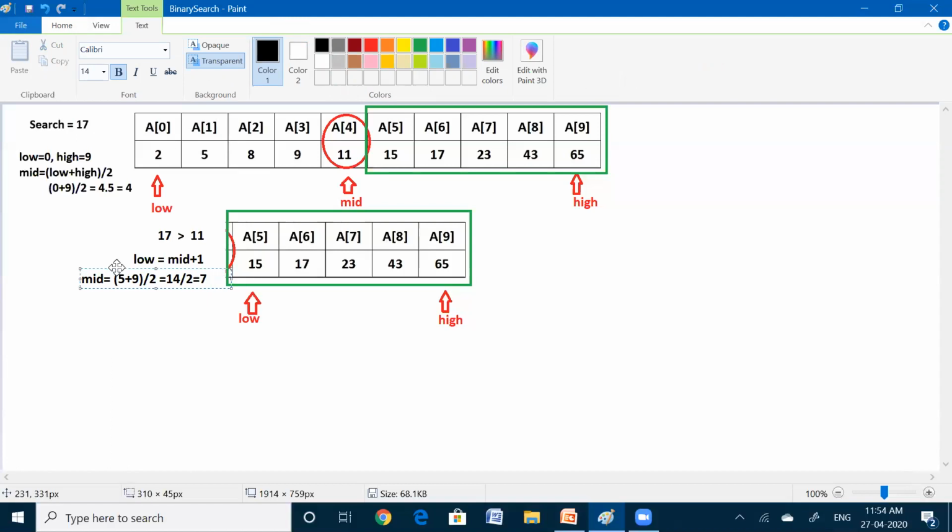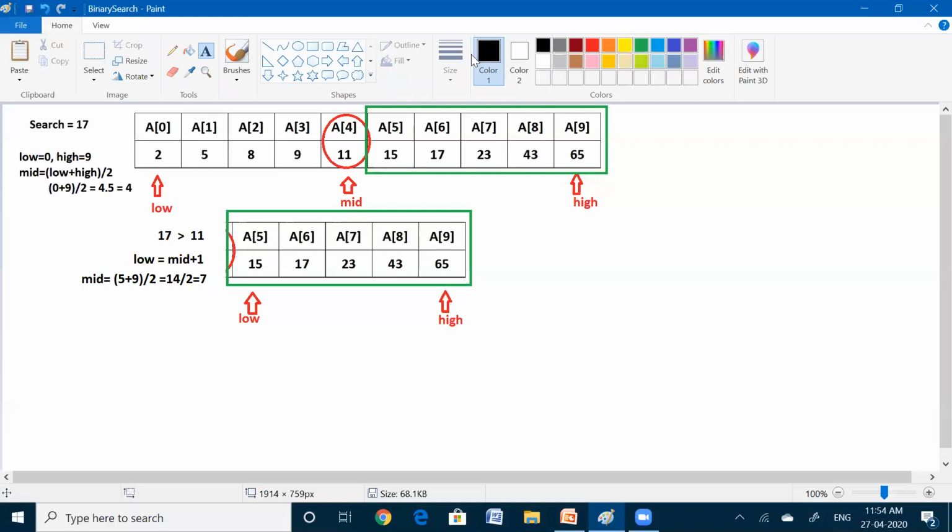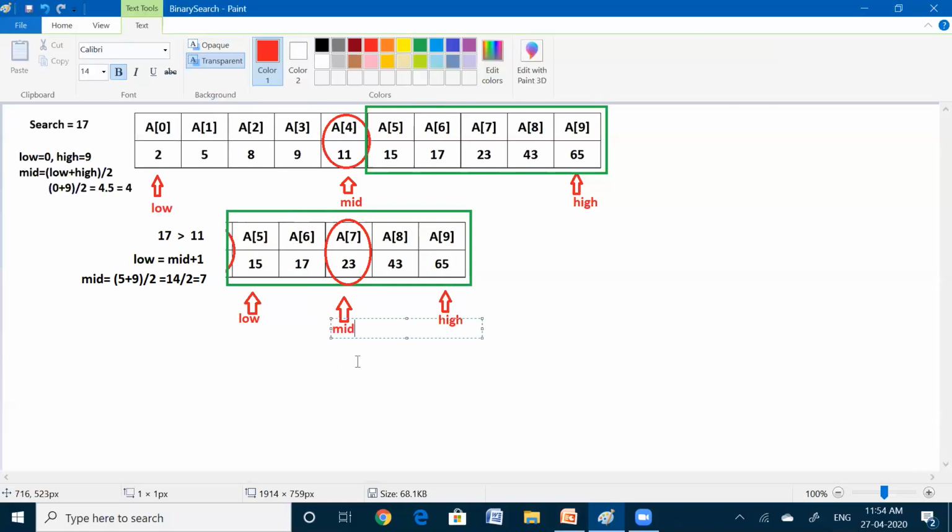That means whatever value is there in the seventh index will be the mid value. So here 23 will be the mid value in the list.